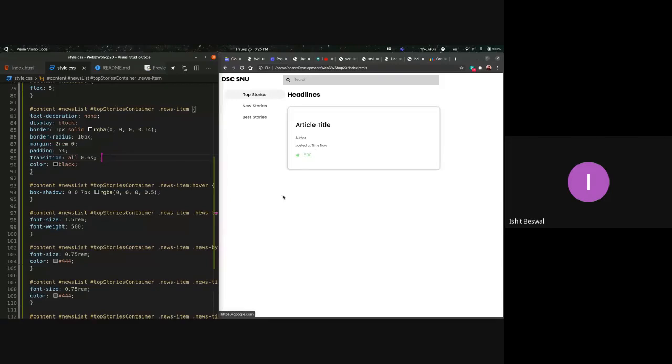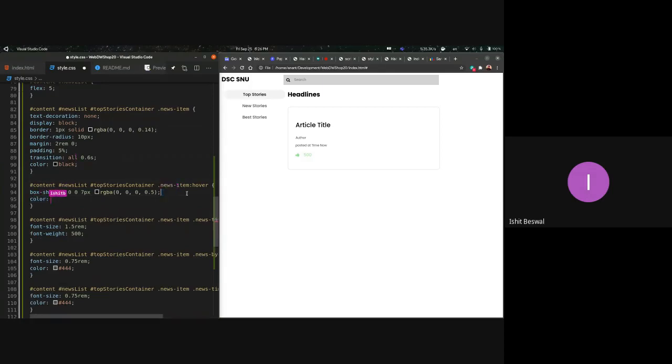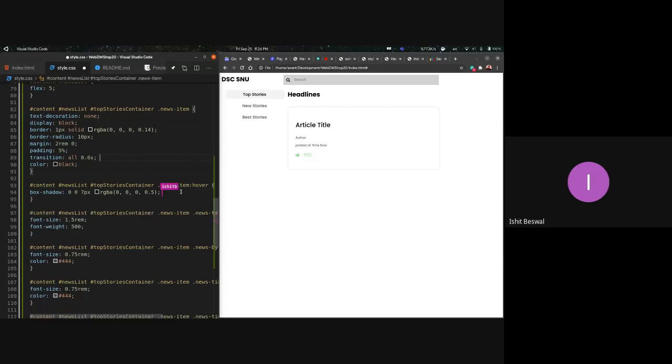Right. So what is the default state of the news item? No box shadow. And on hover, it gets a box shadow. Now transition allows us to apply that styling in a time frame of 0.6 seconds. So the first value here is the styling attribute that we want to select, which is basically box shadow. Now we've given it a value of all so that it will select all the stylings. Like if I have box shadow here, I can also give it a color or a background color or whatever styling I want to give.